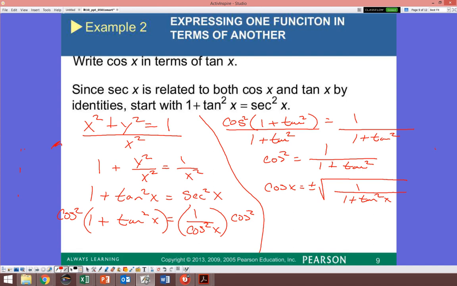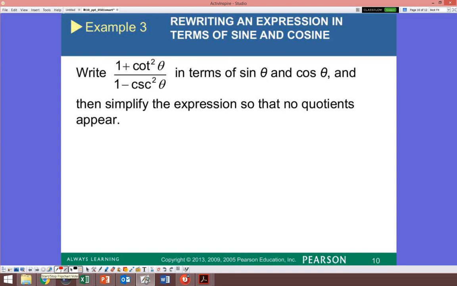Okay. So let's go ahead and take a look at the next one. Did they write the same thing? That was example 2. I was hoping they wrote it similar. No. They broke it up differently. It still comes out to be the same. They didn't like the square root in the bottom, but yeah, it's still fine. It's equivalent. All right. So now write 1 plus cotangent squared over 1 minus cosecant squared in terms of sine